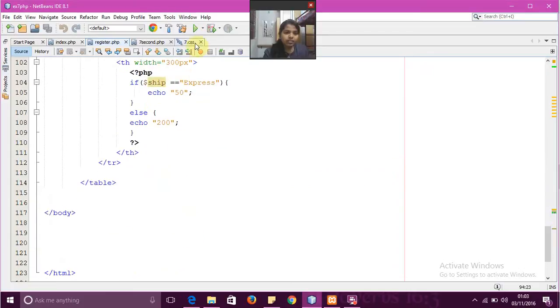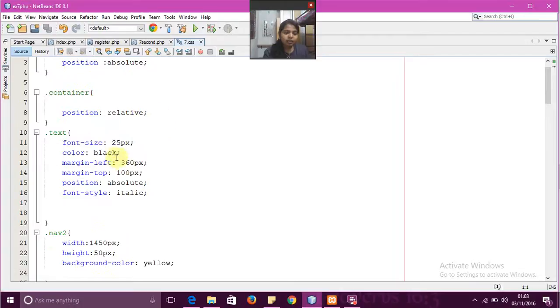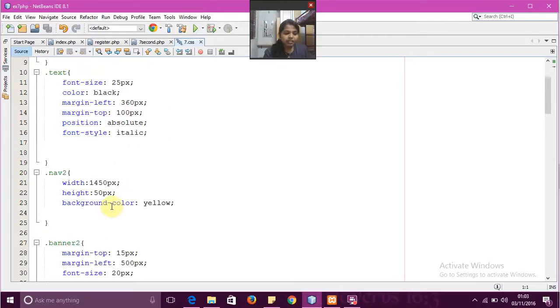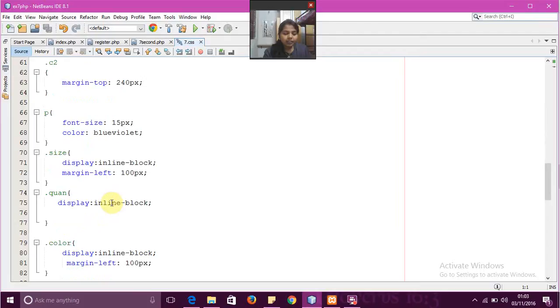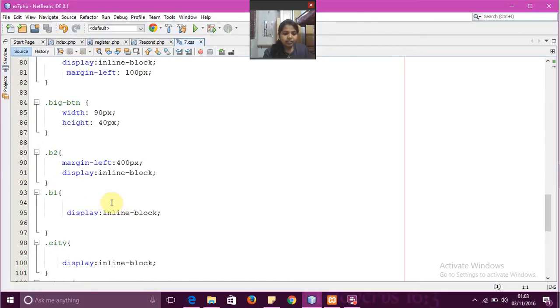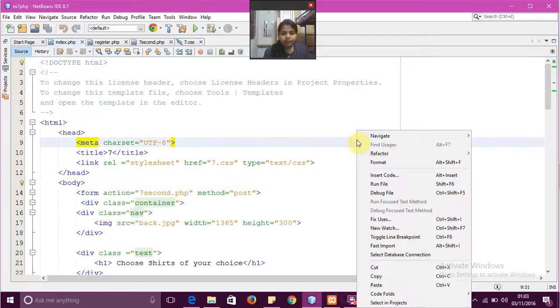And my CSS styling properties were like, for text I just gave the font size, margin left, general CSS properties for each and every paragraph and each and every class name which I have created. And when I run this file,